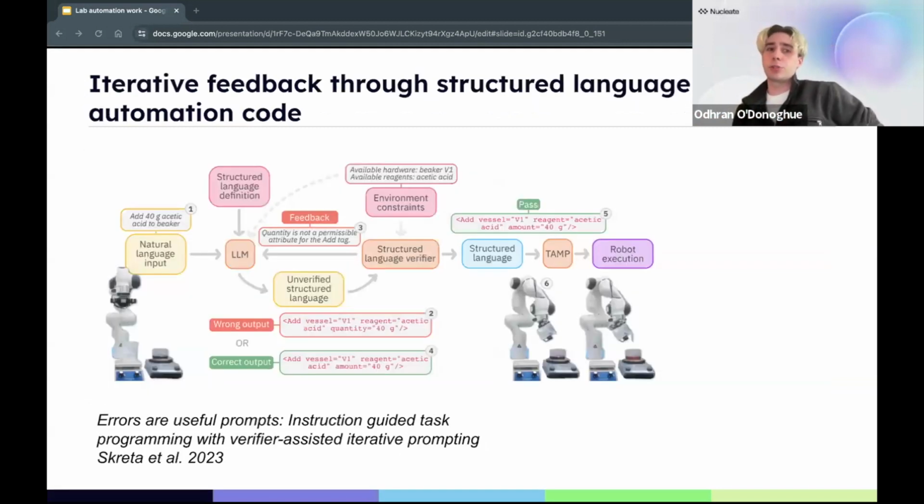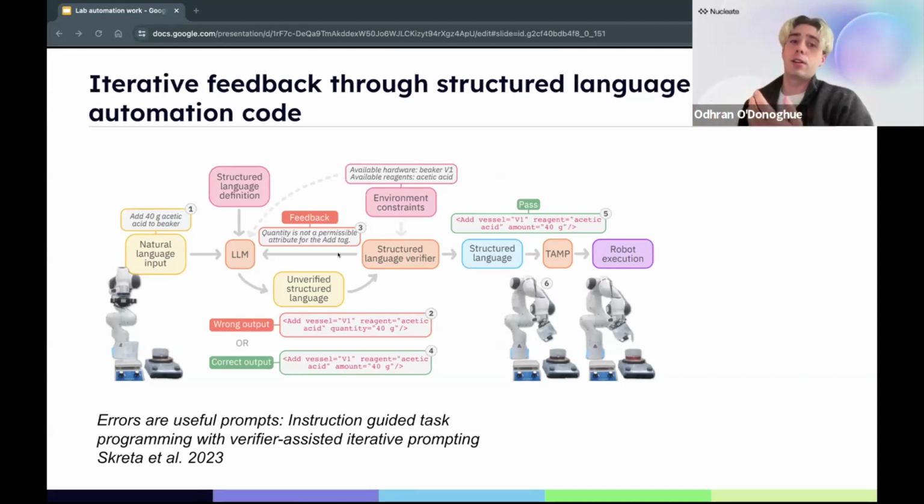People are doing things like iterative feedback. I mentioned the Matter Lab before. This is another example of research that they're doing right now, where they are defining a pseudo language for describing all of chemistry and getting robots to write in the pseudo language. Whenever it makes an error, you can kind of see ideas of errors and feedback.